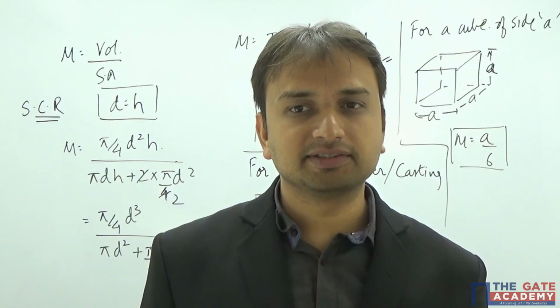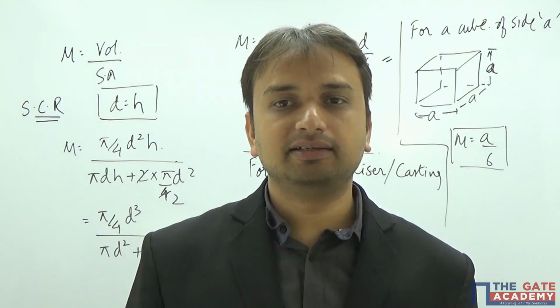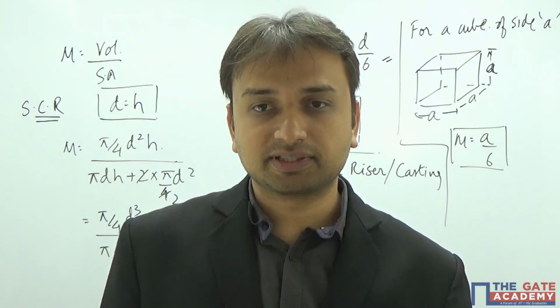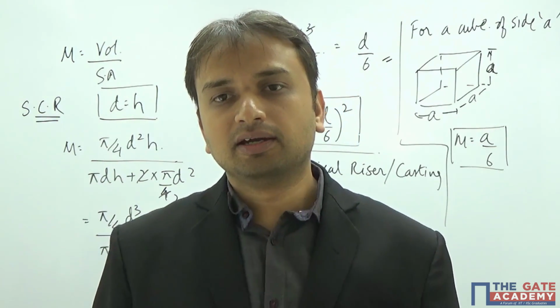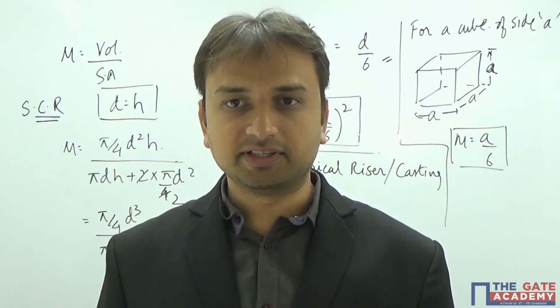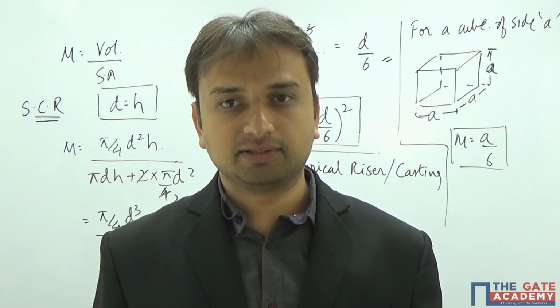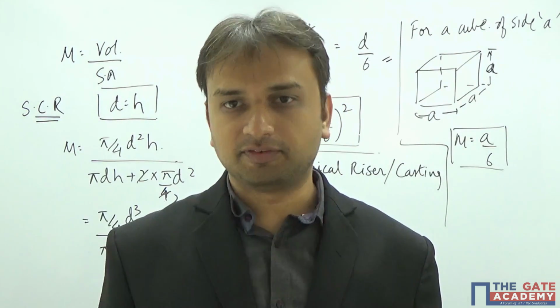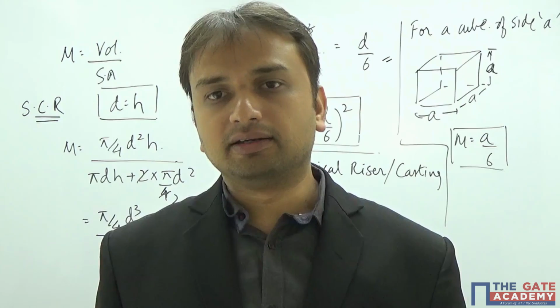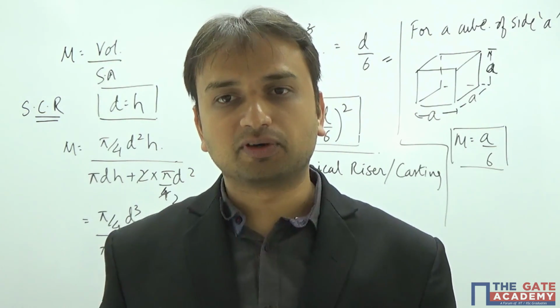There are two main methods. One is Keynes method, where you compare the riser against a graph to check the adequacy, whether it is going to work or not. If it falls on the right hand side of the curve, yes, you're going to get a sound casting, otherwise not. And the second method was the modulus method, which is based upon Kovalinov's rule,